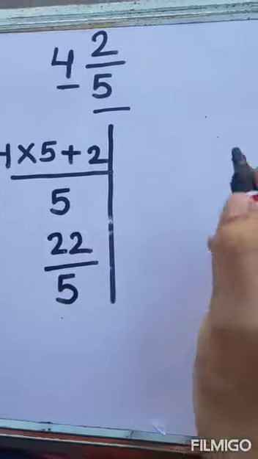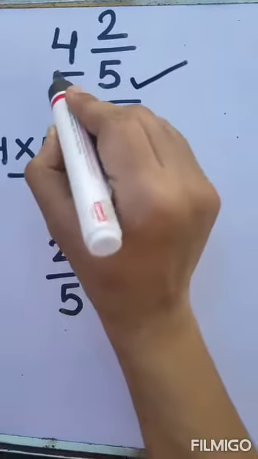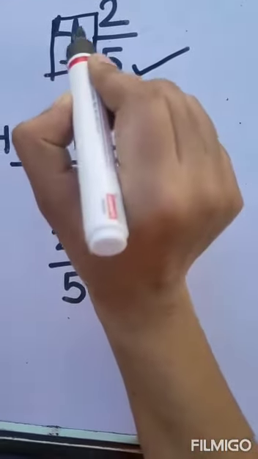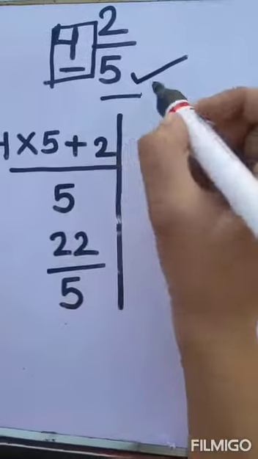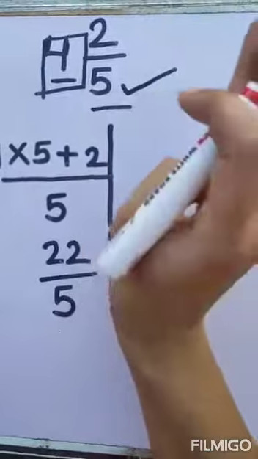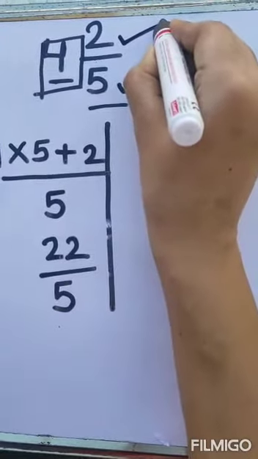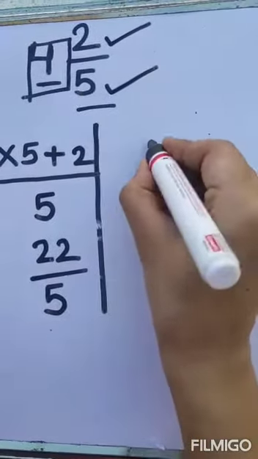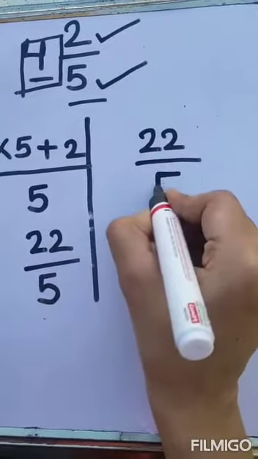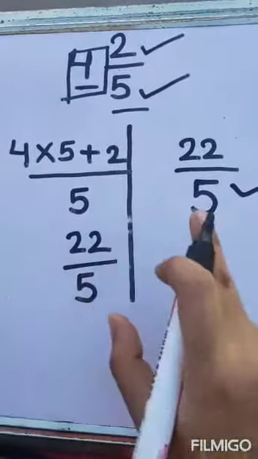And the next way is, one chocolate is having 5 equal parts. How many chocolates am I having? I am having 4 chocolates. So 4 chocolates will be having 20 parts, because there are 5 parts in one chocolate. And how many extra parts am I having? 2 parts. 20 plus 2 is 22 parts, out of, each chocolate we have divided into 5 parts. So this is the other way. The answer will be the same. Use whatever way you like.